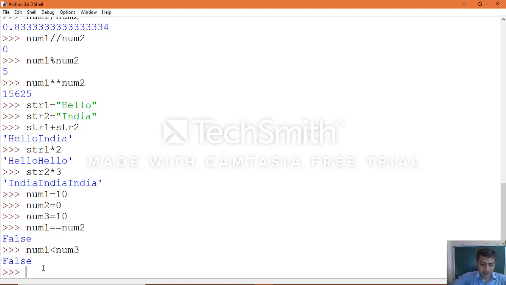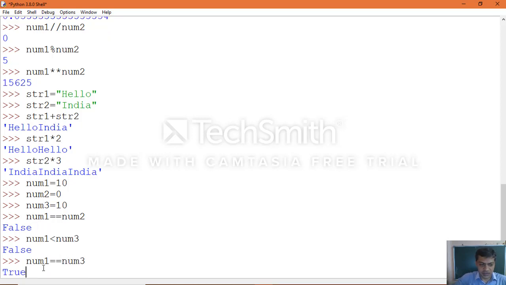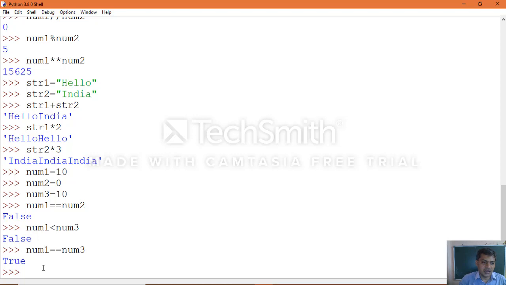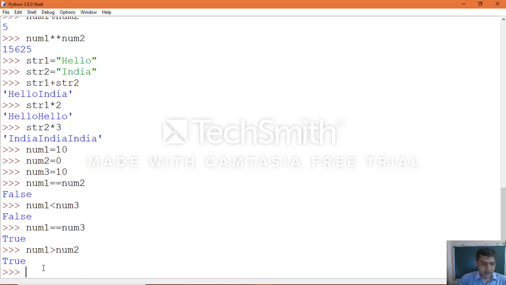In the same way, num1 equal to num3, now see, true, because 10 equal to 10 is true. In the same way, num1 greater than num2 becomes true.